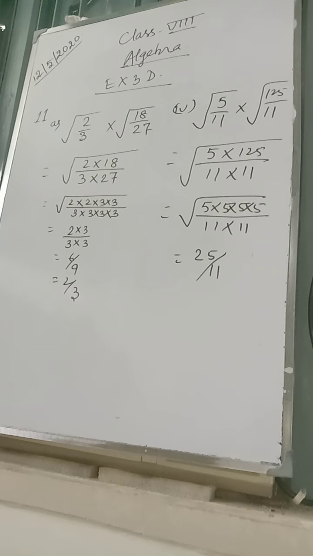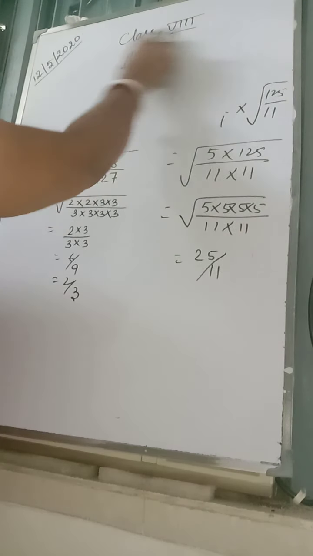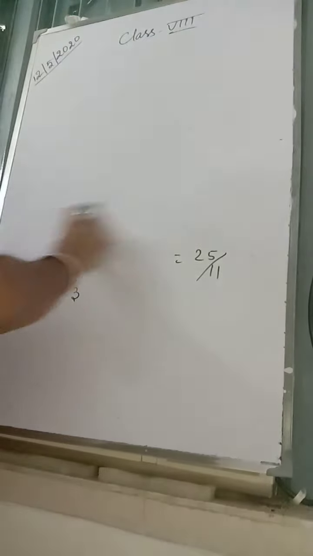Look at question number 12. It says, find the value of under root 7 correct to 2 decimal places. Then use it to find the square root of 5 minus root 7 by 5 plus root 7 correct to 2 decimal places. Now what we are going to do? First of all, we have to find the value of under root 7. Now they have asked you to find it correct to 2 decimal places. It means we have to find up to 3 decimal places, is it?